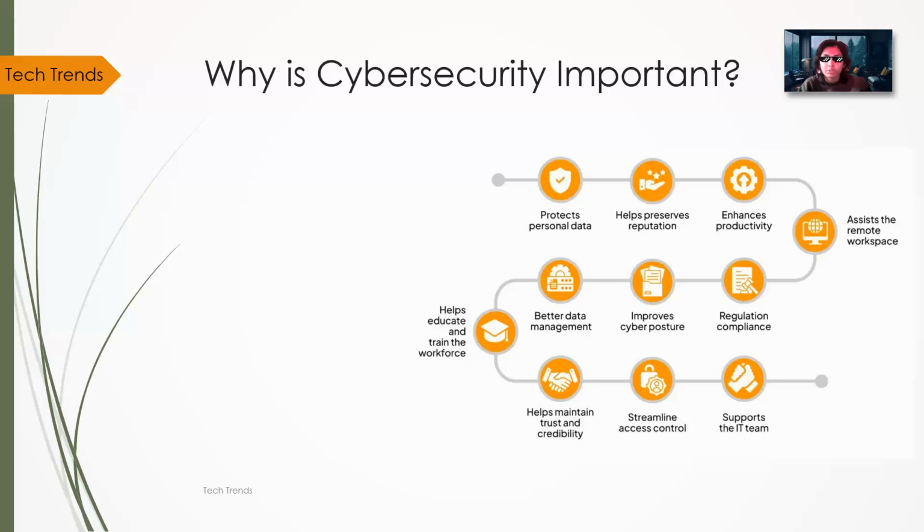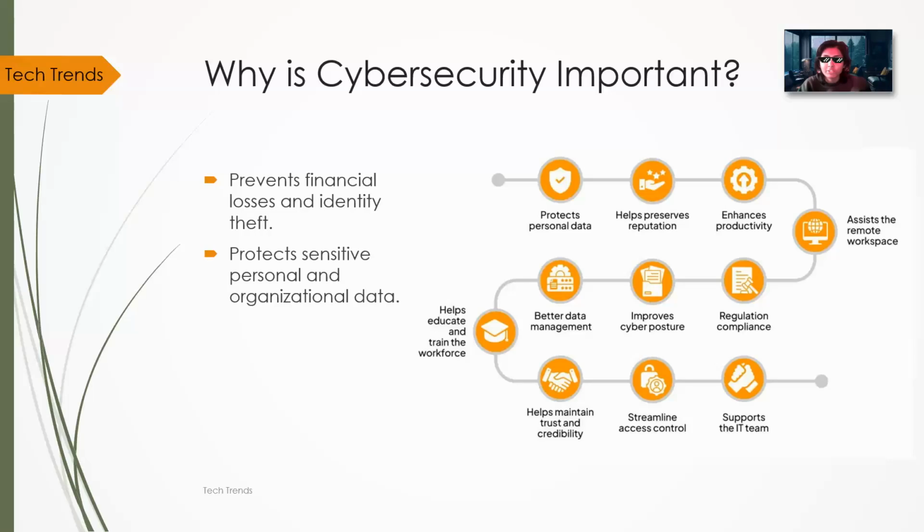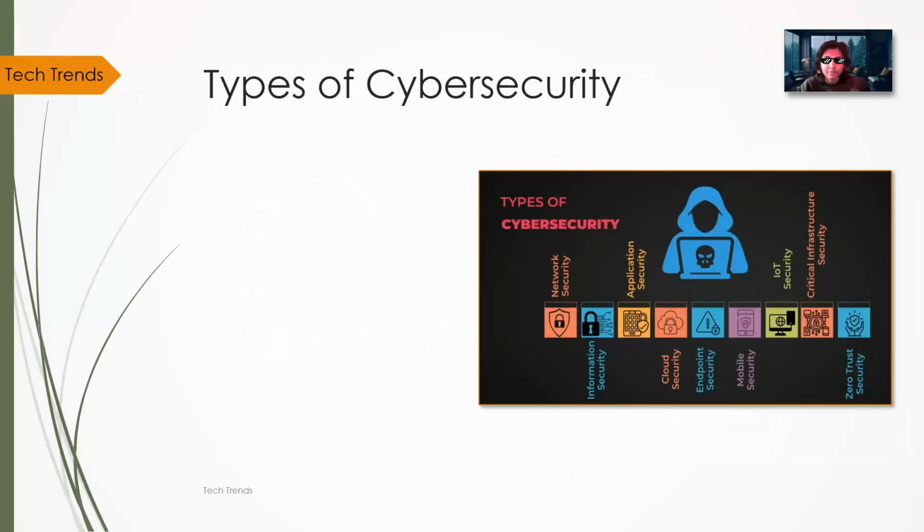So why is cybersecurity important? Because it helps to prevent identity theft on a personal basis, which ultimately leads to financial ruin. And in terms of national security, it helps to secure infrastructures such as power grids and water supply systems. If there's an attack on those systems, it can lead to mass interruption or disruption. That's the reason these guardrails and protocols need to be set in place. It also helps to protect your sensitive data and organizational data, for example, in hospitals and stuff like that.